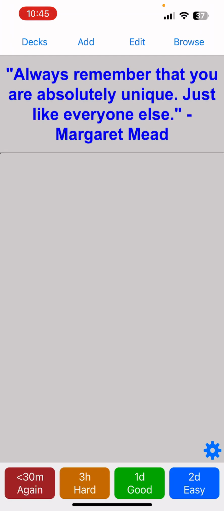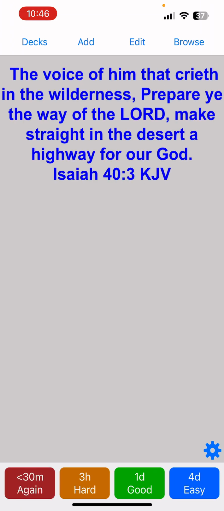Always remember that you're absolutely unique, just like everyone else. I mean, you're the same in the fact that you have a unique trait that nobody else has. So everybody has a unique trait that nobody else has, and that's what made them unique. But they're the same in the fact that they have a unique trait, but the trait itself is not the same. Why am I trying to explain it?